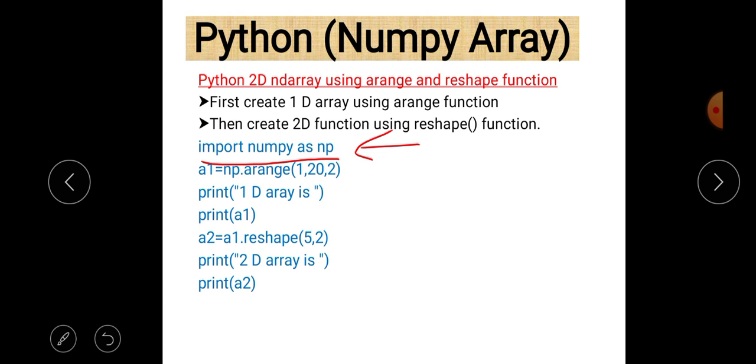And if you want to use any function related to np, then we just write np first, then put the dot operator and then the name of the function, whatever it is. In case of arange, it is arange. In case of reshape, the reshape function also belongs to numpy. So import numpy as np. Okay,